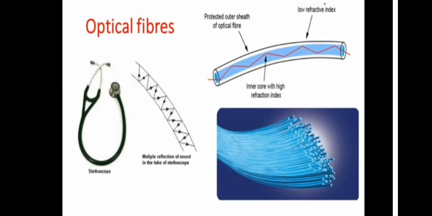Optical fibers. Optical fibers are bundles of high quality composite glass quartz fibers. Each fiber consists of a core and a cladding. The refractive index of the material of the core is higher than that of cladding. Optical fibers work on the phenomenon of total internal reflection. When a signal in the form of light is directed on one end of the fiber at a suitable angle, it undergoes repeated total internal reflection along the length of the fiber and finally comes out of the other end.